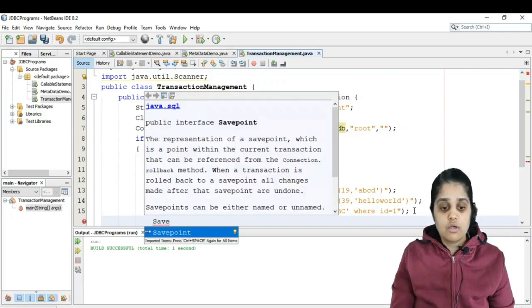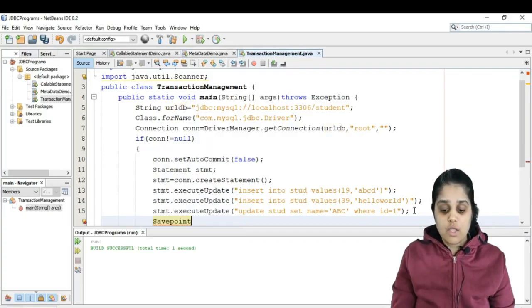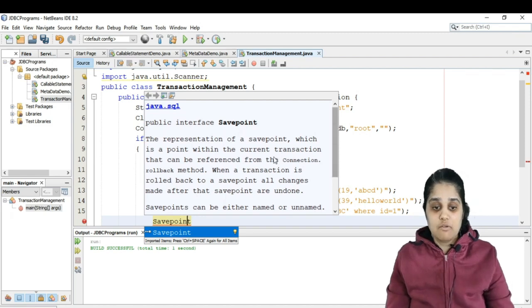So I can move here, Savepoint. You can see Savepoint is an interface available in java.sql, and it will help you to roll back anything that you want through the Connection interface.